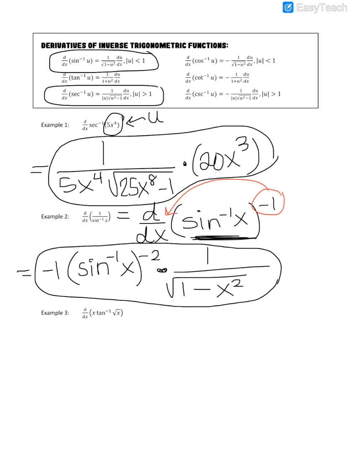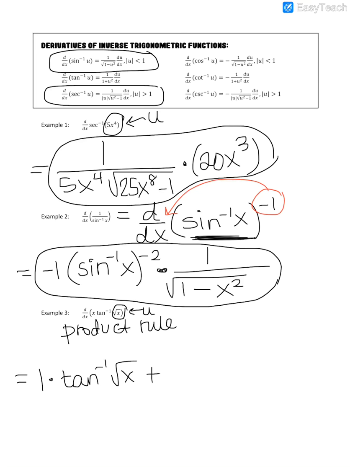All right, let's look at the last one. Derivative of x inverse tan of radical x. So on this one, we are doing product rule because we have the x timesing with the inverse tan of radical x. And then notice on this one, my u is radical x, okay? All right, so let's go ahead and do product rule. So we have derivative of the first, 1, times the second. Don't touch it, leave it alone, don't do the derivative yet. Plus derivative of inverse tan, so that would be 1 over, I'm using this one right here,